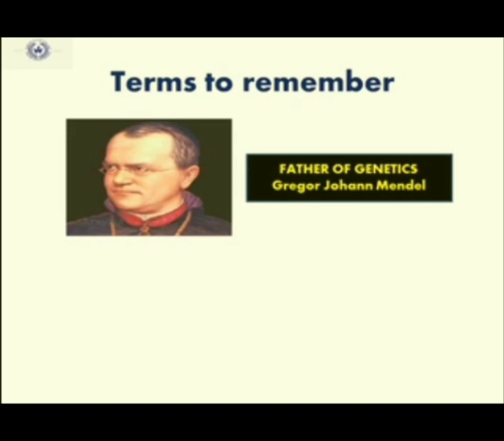He returned to the monastery and started growing pea plants in the garden. Mendel blended his knowledge of science and mathematics to keep a count on pea plants, expecting a particular type of trait in each generation. Mendel did many researches on heredity and brought out 3 important rules of inheritance. About these 3 laws of inheritance,